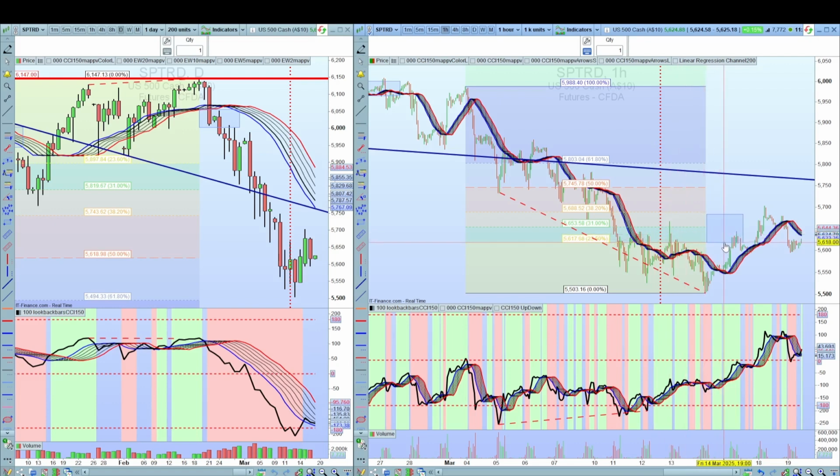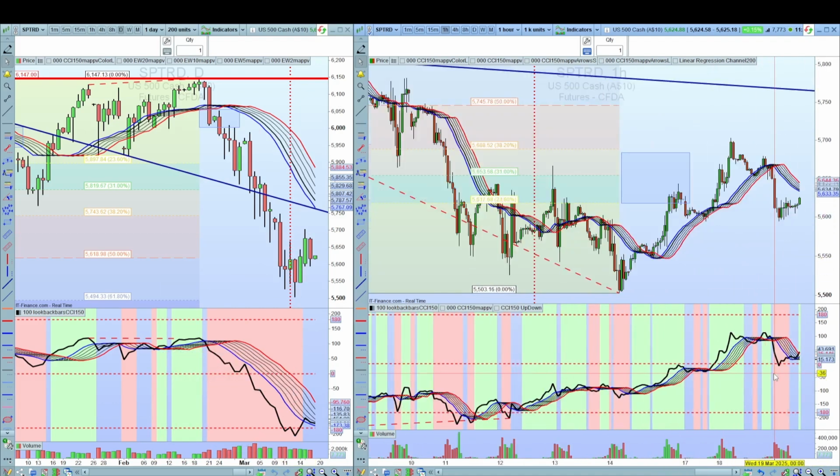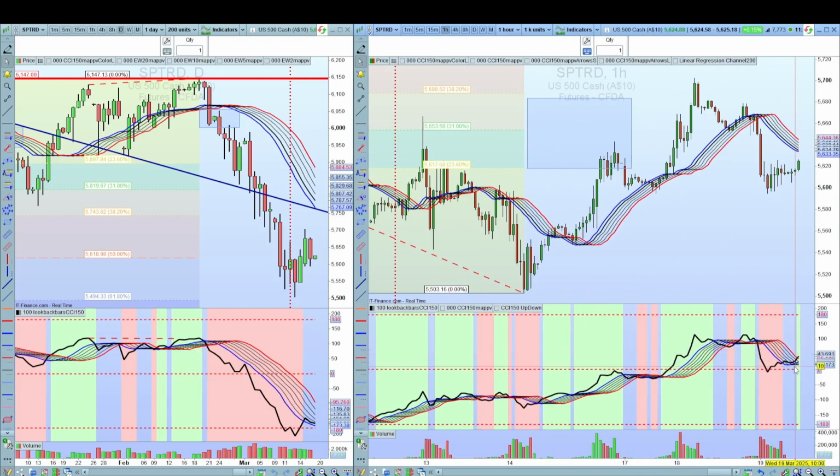Let's move that there to that level there. You can see there it's already hit the 23-38% level, but it's actually gone as high as the 38% at that point there, and it's bounced to the downside. Now the CCI on the 1 hour is broken higher than the CCI moving average, but notice the price